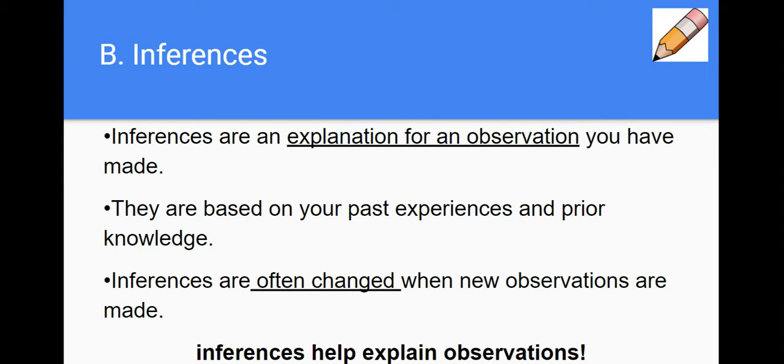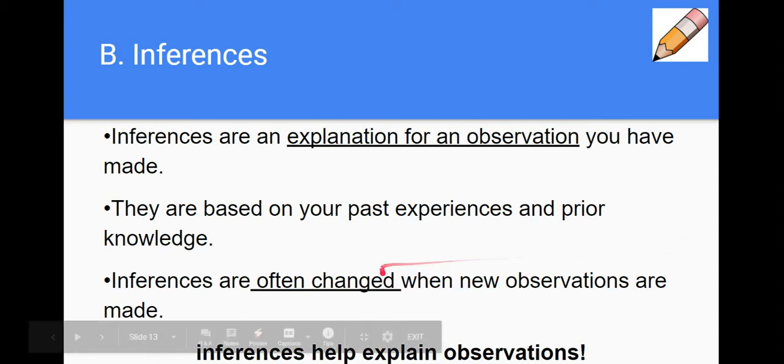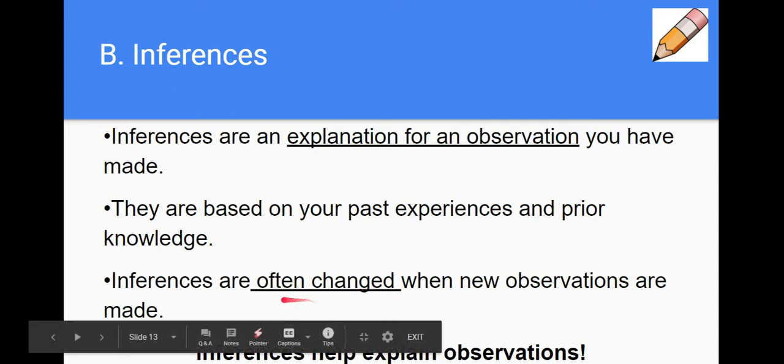So prior knowledge means when you come into a space already having knowledge about that topic or having an experience that gives you a little bit more insight into what's going on. Inferences can change when new observations are made. Okay, inferences help explain observations. So this bottom one, inferences are often changed when new observations are made, is a really important